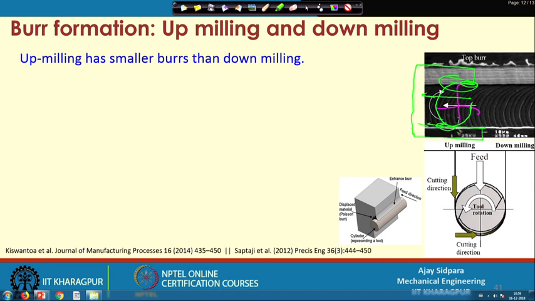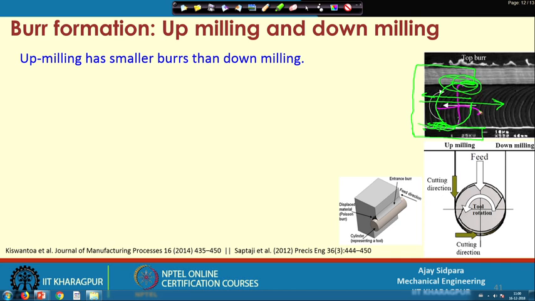But on the up milling side, if burrs are formed here, your next cutting edge will remove those burrs very easily, and you will get much less burr formation on the up milling side compared to the down milling side. In the down milling side you will not get the chance to remove that burr unless you move this cutting tool again in this direction. Then your up milling becomes down milling and down milling becomes up milling without changing the rotation of the cutting tool. So, at that time you will get a chance to remove this burr formation from here.